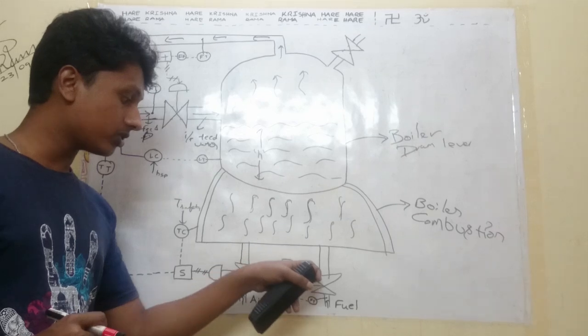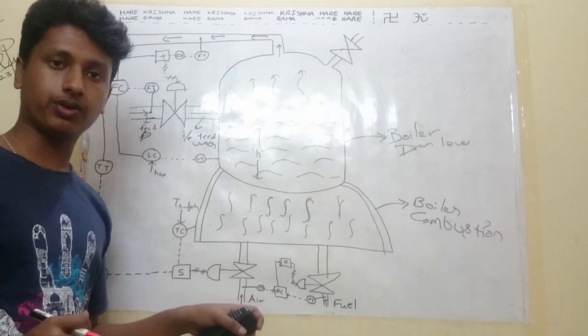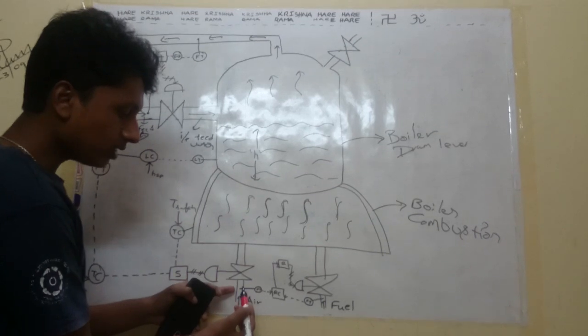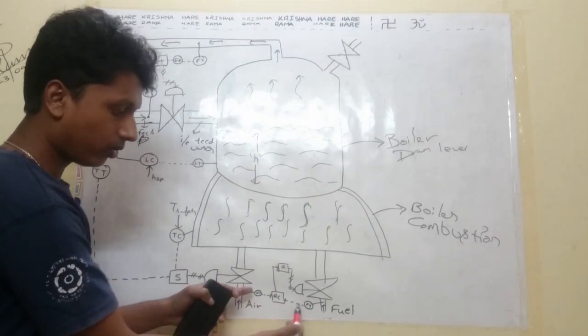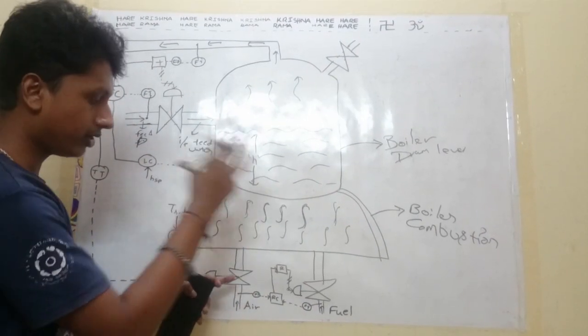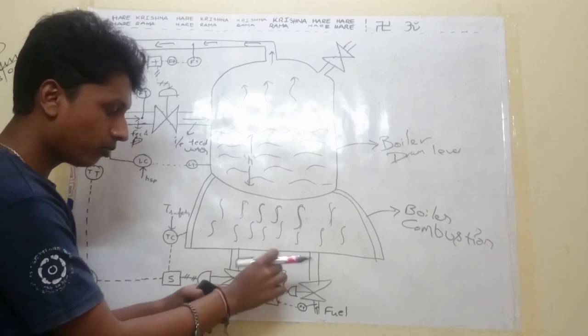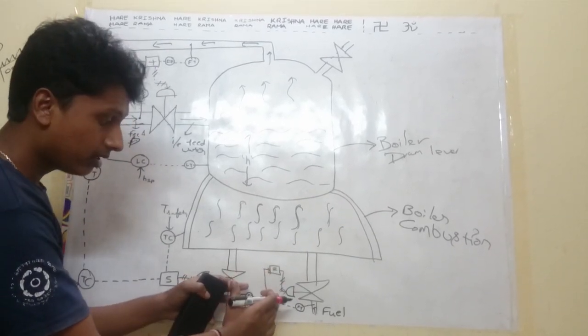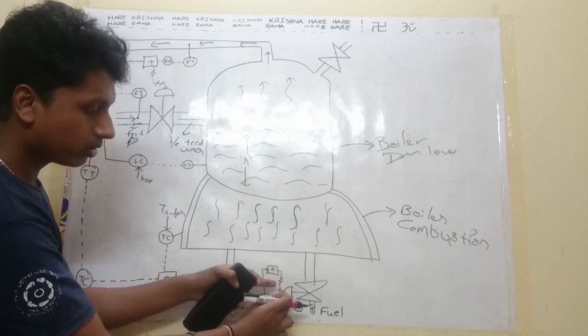The perfect control structure for this is ratio control. Ratio control is nothing but we are just measuring these two flows, and according to that our desired ratio algorithm will be put into the controller, and it will analyze and it will give the action to the control